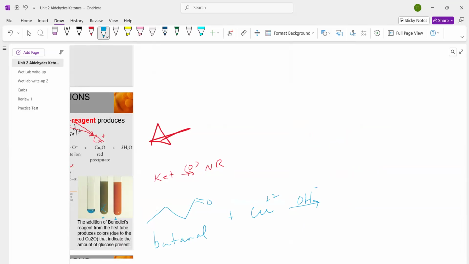We end up with the acid salt again, and the copper is reduced to copper 1+. And this is the orange color